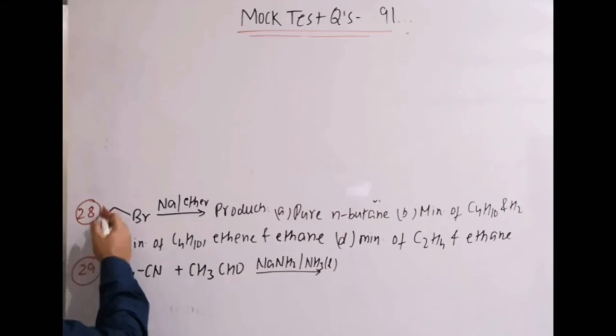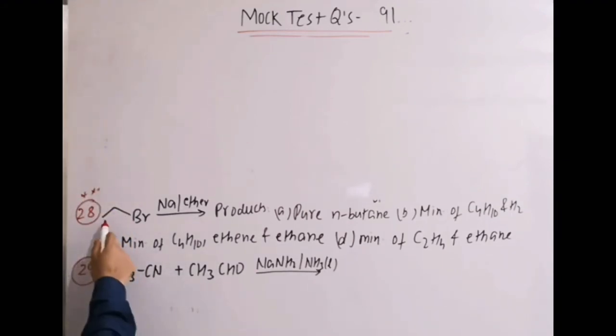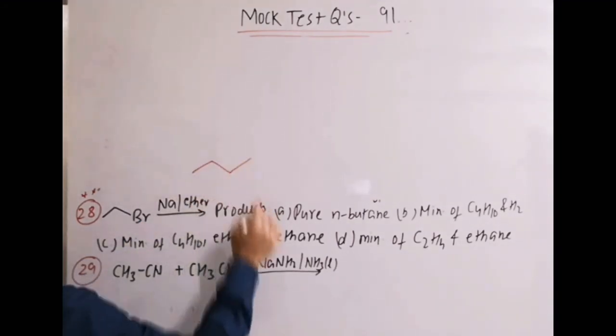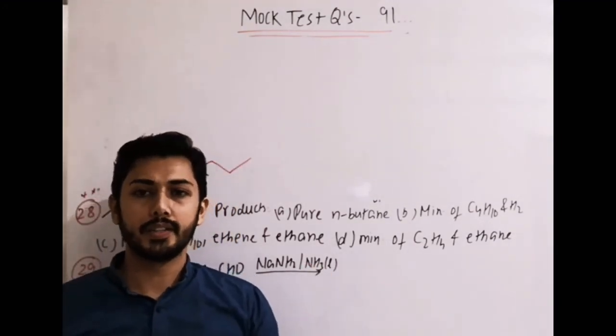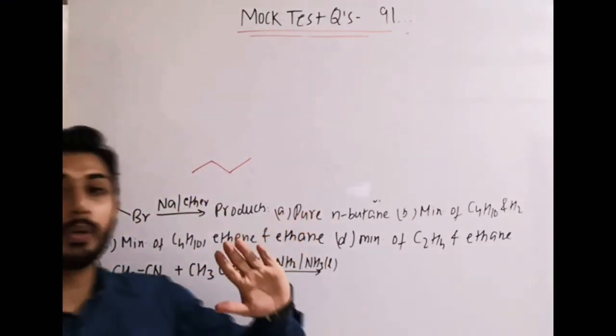The next is an important question, Wurtz reaction. Ethyl bromide with Na in ether, products. These are the products mentioned. Think about this question. I'll answer it. Now in this reaction we know that the major product is butane, or the yield of even numbered alkanes is good with symmetrical alkyl halides, that we all know. But how they have given the options: pure and butane. We know pure is not there.